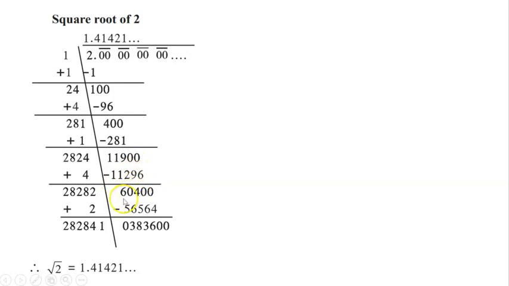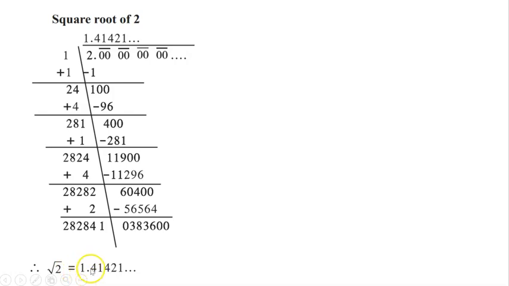Again their subtraction is 604. Again we will take the pair of 0. Okay, 4 is added to the 2824, then the number will become 28,282, and in this way this division is a continuous process, and therefore the root of 2 is written